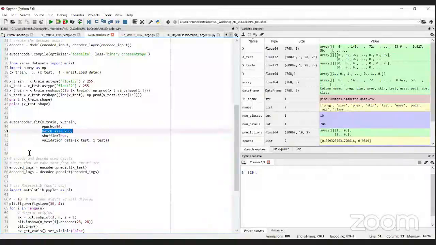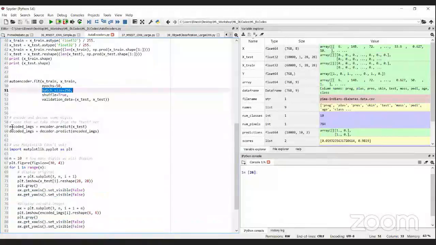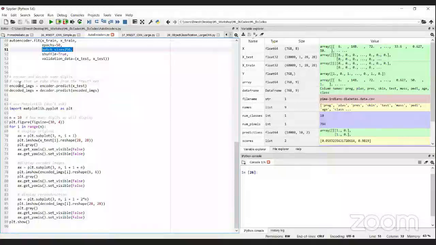Just for the sake of showcasing how to shuffle the data, I'm shuffling the data, and for validation I'm using the test data. Here I'm trying to reconstruct and display the reconstructed images.